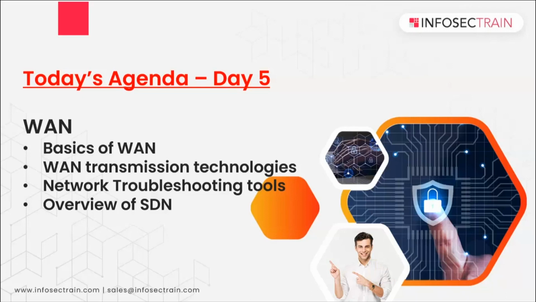A LAN can help you work within the building, within the organization, but growth to the outside area, let's say different cities or even different countries, is not possible with the help of a LAN, right? Because the associated infrastructure would be cost prohibitive for organizations if they kept using that same local network. And practically it would not be possible for any organization or service provider to give you a LAN